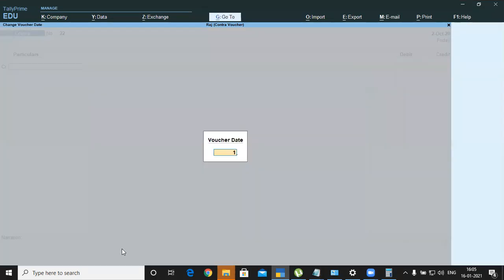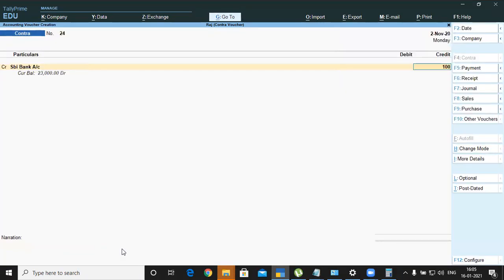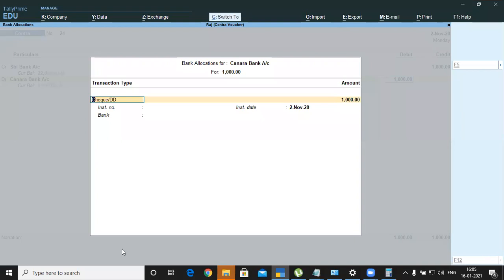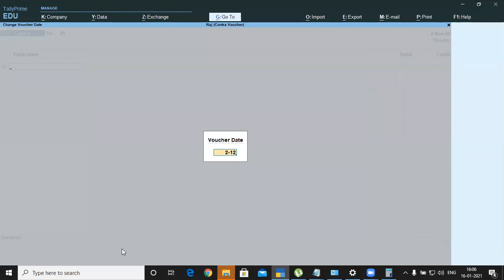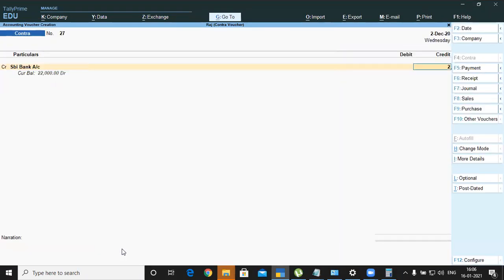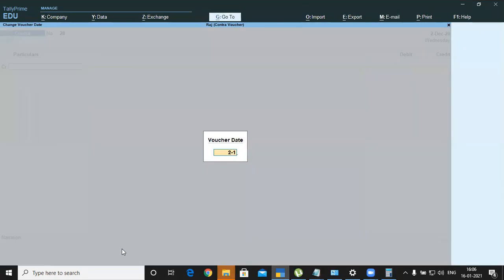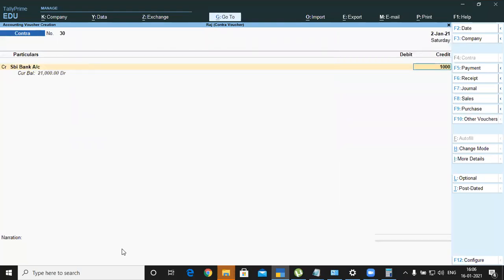October. Next November, 2nd November, SBI 1000, Ctrl R. Next December, 2nd December, select SBI, so 1000 you enter, Ctrl R. Next 2nd January, SBI rupees 1000.